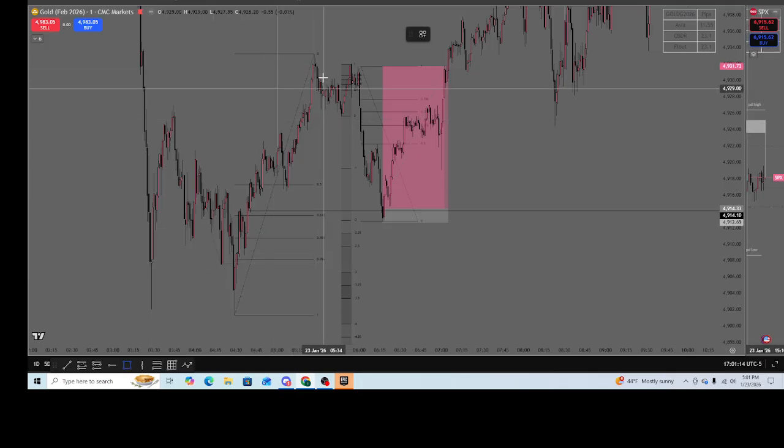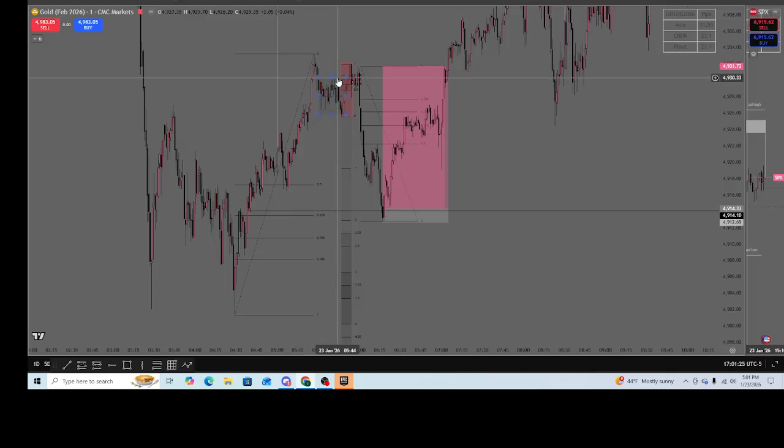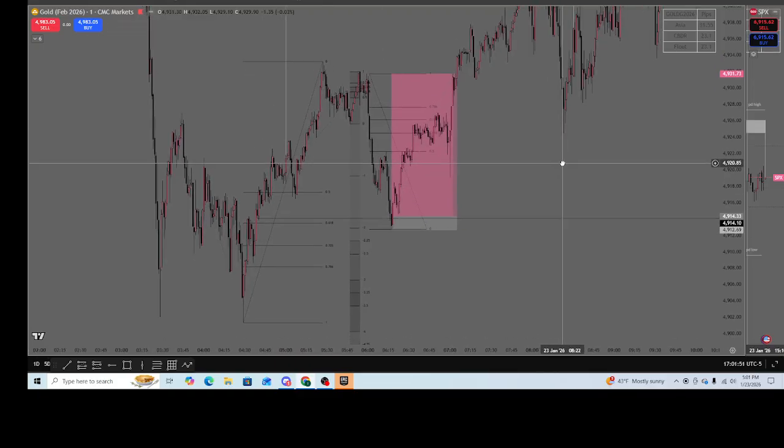It manipulates this consolidation right here. So we have this consolidation here, and then we have this manipulation for this whole leg here. The red manipulates out of the consolidation, sweeping all of these consolidation highs, and then we get this break back down. So I guess you could have taken this if you were an AMD trader. You could have taken this trade down at some IFVG or whatever you would take. You could have taken a short there, but I wanted to take longs just because gold has been absolutely moving higher and higher and higher recently.